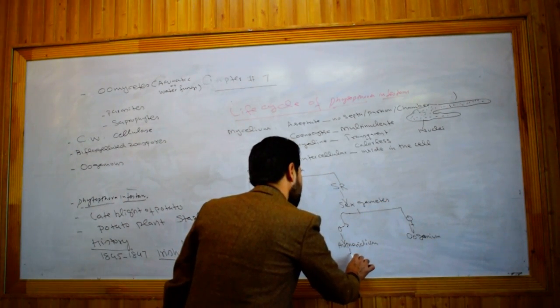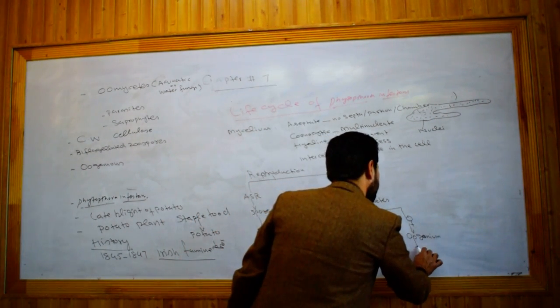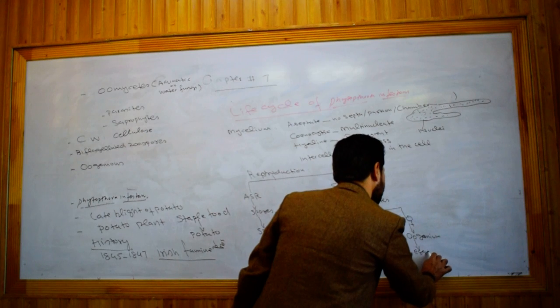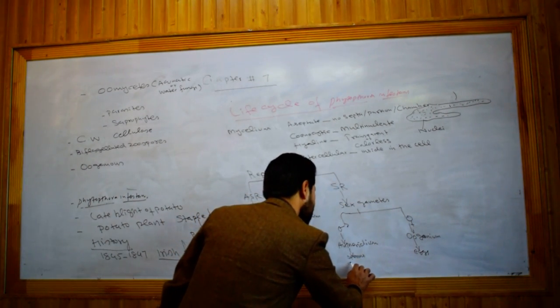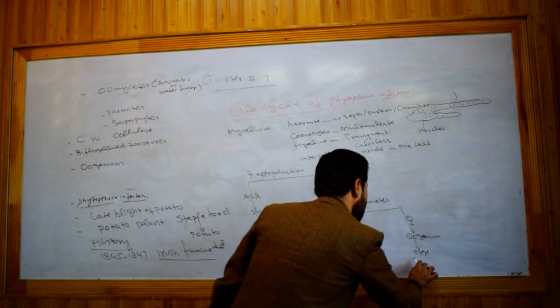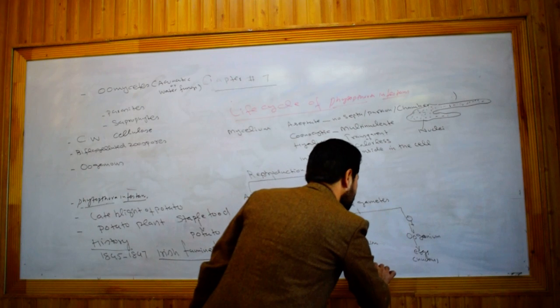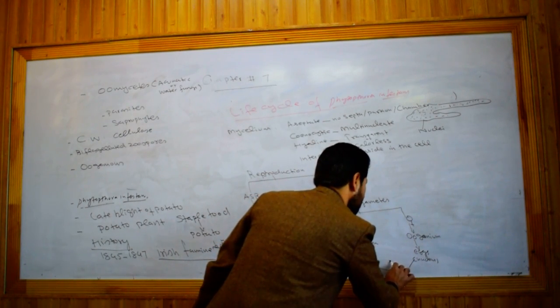Antheridium produces sperm, that is male sexual material, while oogonium produces eggs. These are in the form of nuclei. Both fuse together to produce zygote or